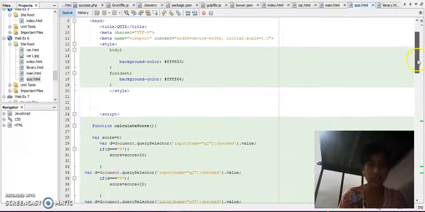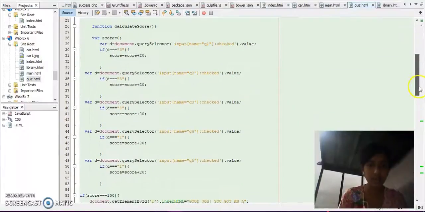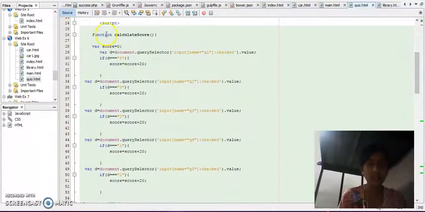So in the quiz application, as you can see, the body and the field set are set to a different background color. That is a style that we have used. And in the script area, the JavaScript area, we have created a function called calculate score. In here, I created a variable called score, initialized to 0, and also another variable d where document.querySelector is used in order to see if the